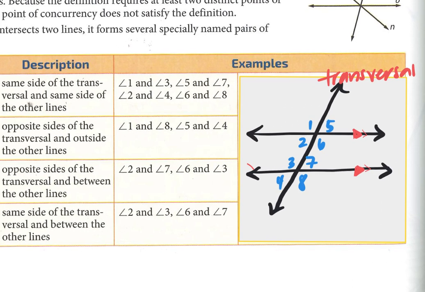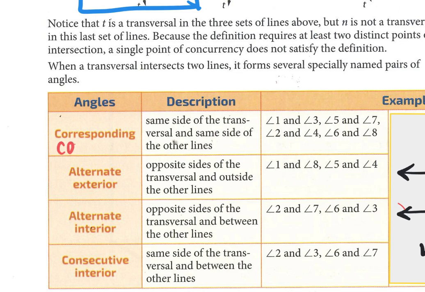So 1 and 3 are corresponding. 2 and 4 are corresponding. 5 and 7, and then 6 and 8. Just those two are corresponding angles. Now that means that those angles will always be congruent every single time. So corresponding angles are always congruent